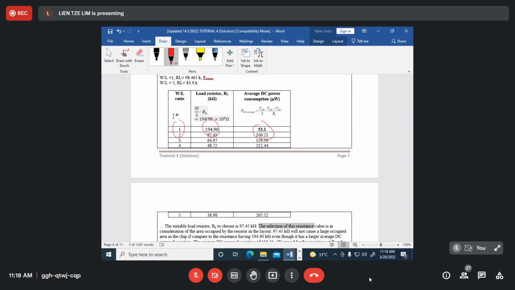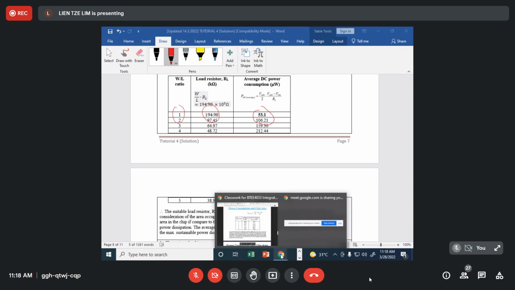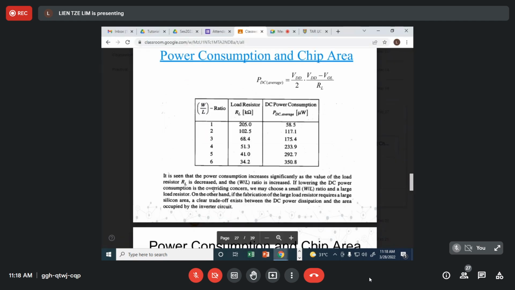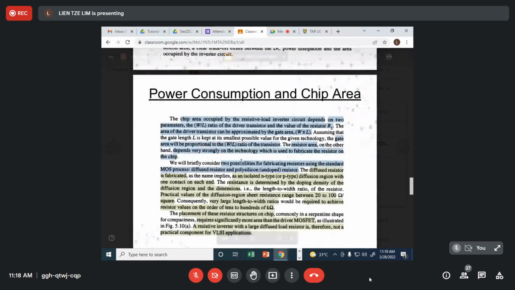So a larger width over length means that a larger area will be occupied, right? From what I understand, it should be this way. The chip area occupied by the resistor will depend on two